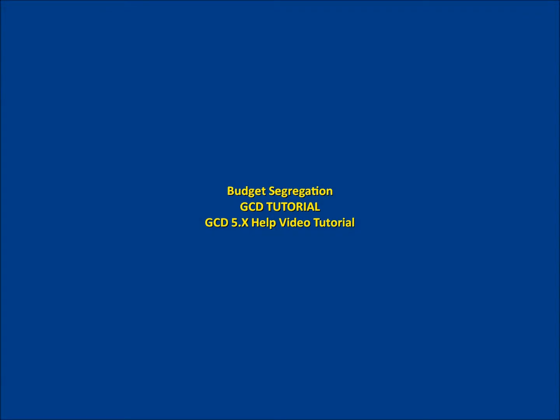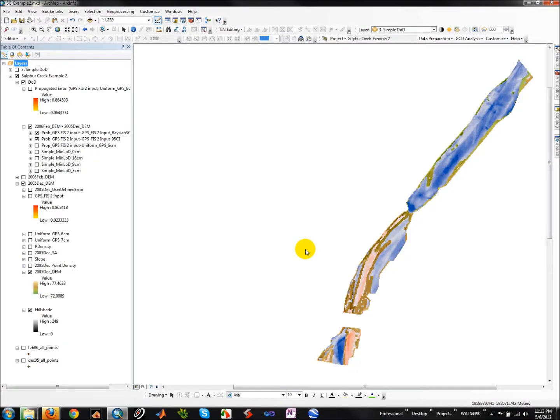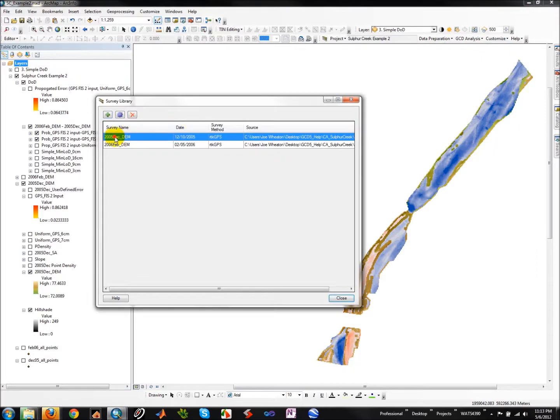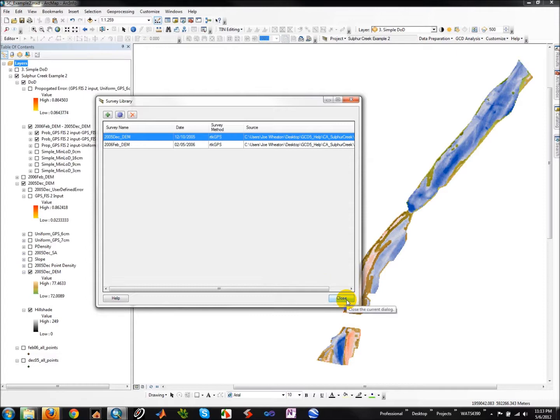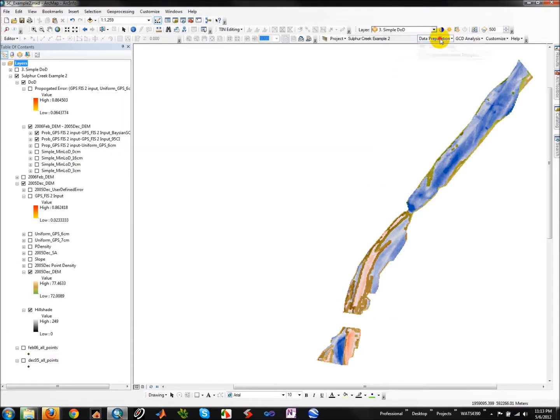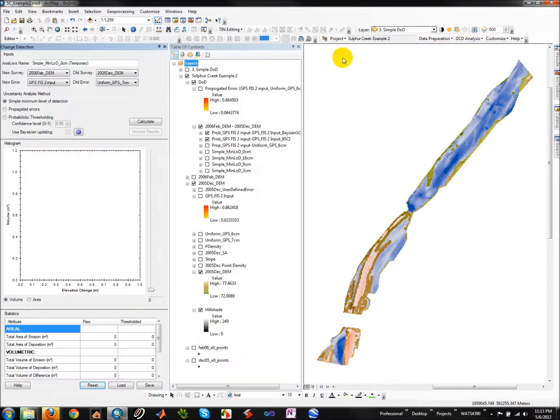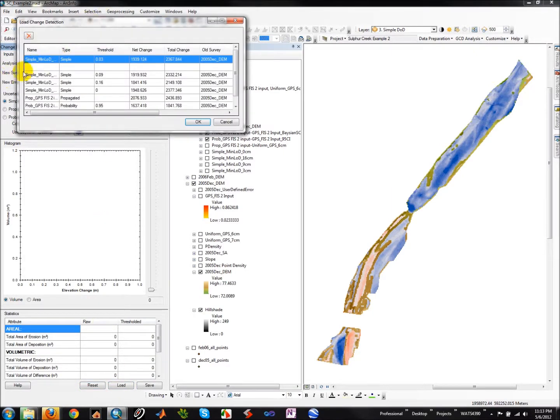So in this video tutorial I'm going to show you how to use the budget segregation feature in GCD. I'm in an existing project, Sulphur Creek, which we've used in a bunch of these tutorials. One of the key things is that you already have a DEM of difference calculation done. A good way to check whether you have those in your project is to go to the change detection panel. You can load change detections, and you can see here that there's a whole bunch of different DEMs of difference